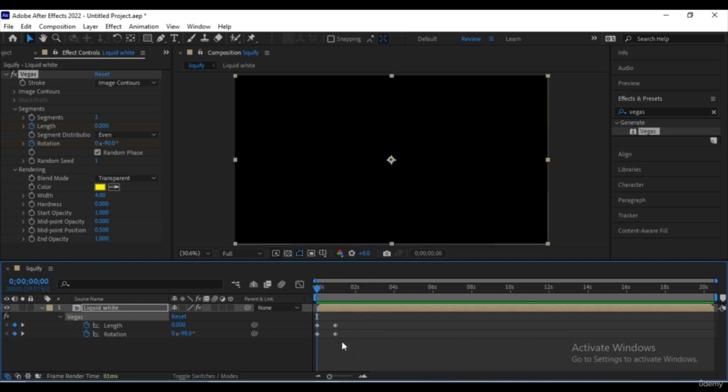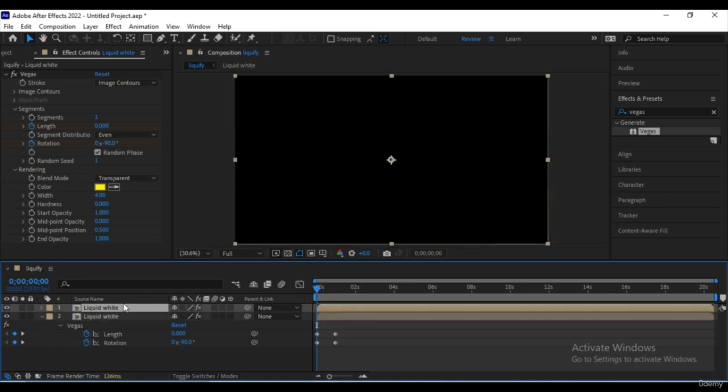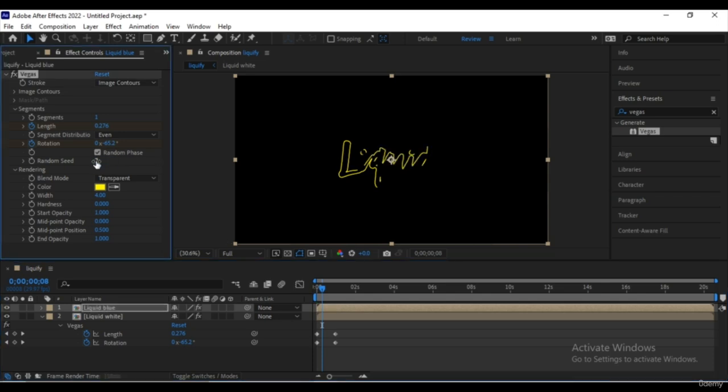Then duplicate this layer in your timeline and change the name to liquid blue. And let's change the random seed to 2 so that it would have a different timing of movement.